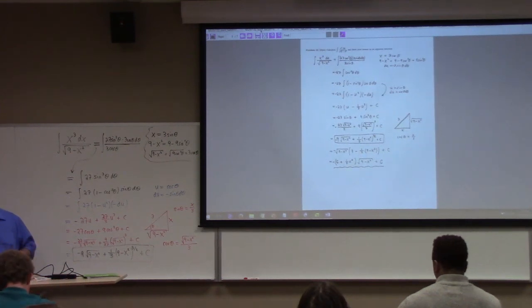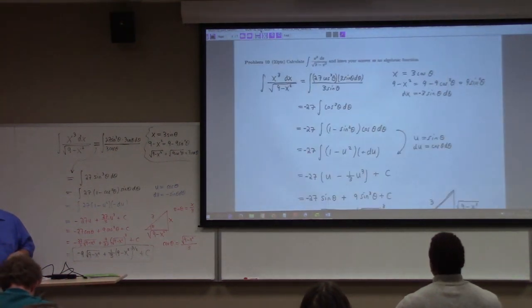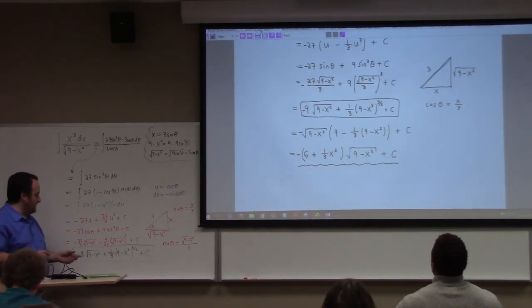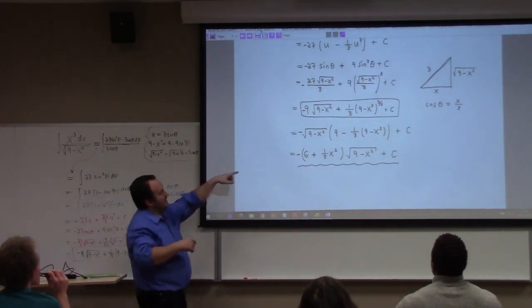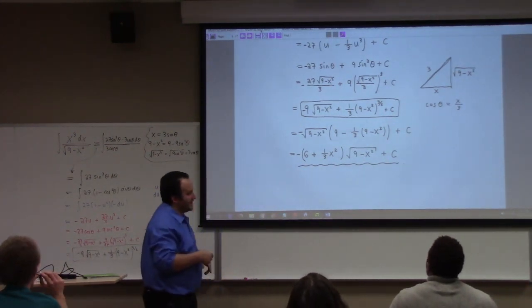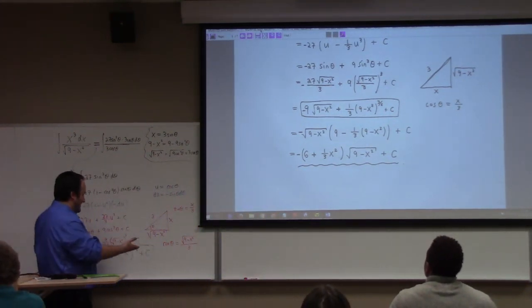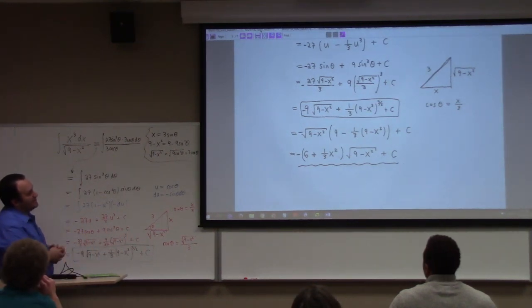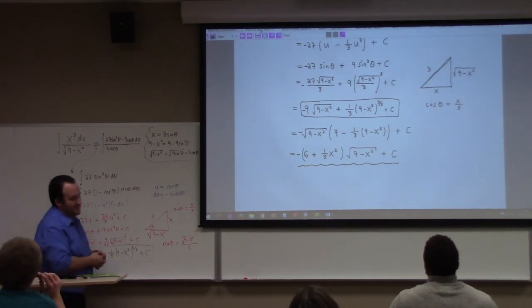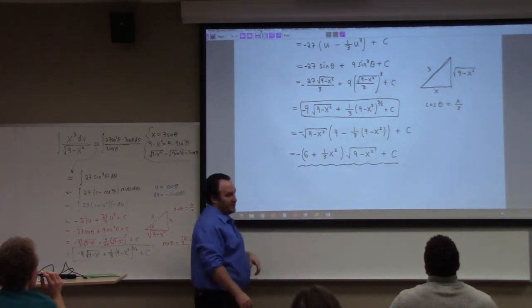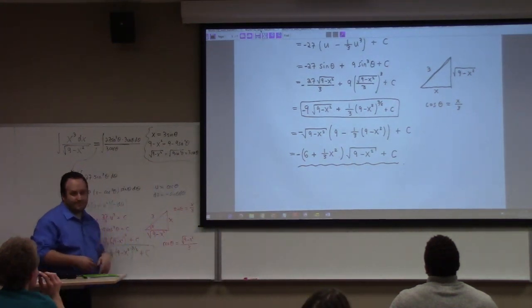So if we look, here's my answer from the answer key. As you can see, I got a minus 9 square root of 9 minus x squared, 1/3 plus 9 minus x squared, 3/2. So. Oh. Yeah, okay. So there's more than one way to do it. And this is the simplification I was just blathering about. You can factor out a root 9 minus x squared there if you wanted to. But anyway,